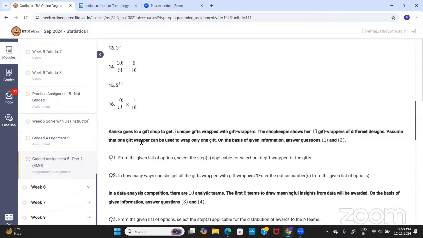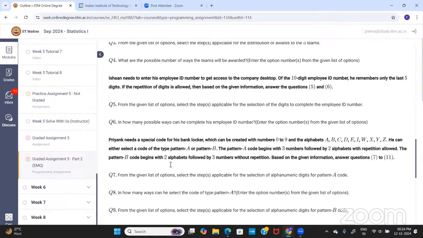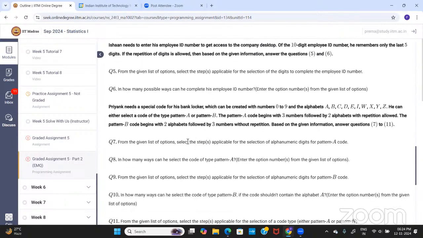Ma'am, what will be an example of one by one selection? Yes, like suppose there is an or condition. Suppose you can say, I think there was a question like in this question,